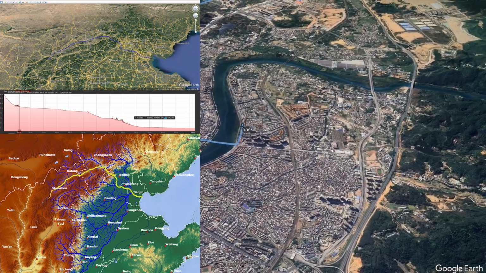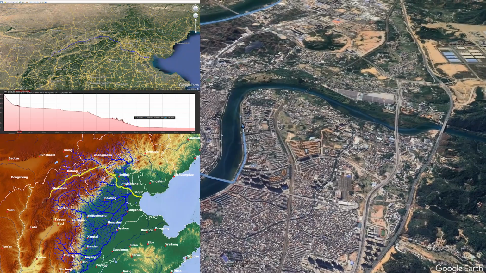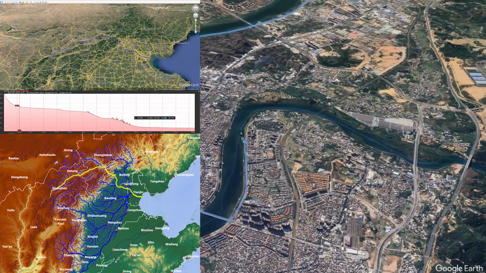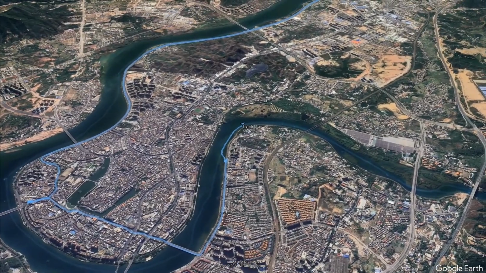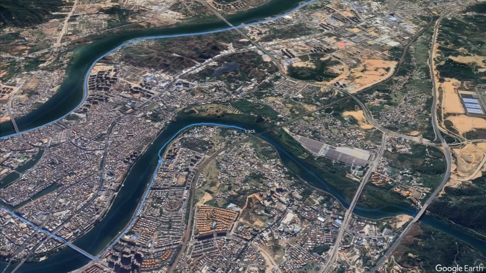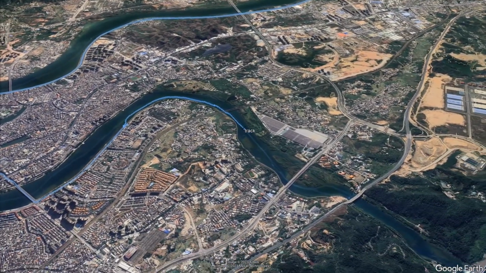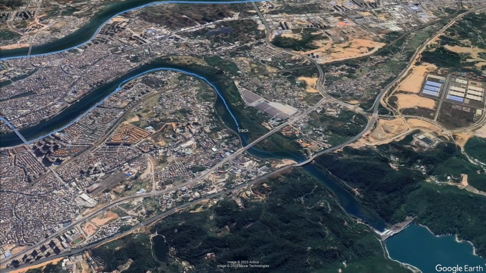We can see the sign of dams on the river from the elevation profile because this figure is stepped. The construction of many dams has turned most river sections into reservoirs. Kayaking will benefit from that because the dams eliminate most of the rapids on the river.